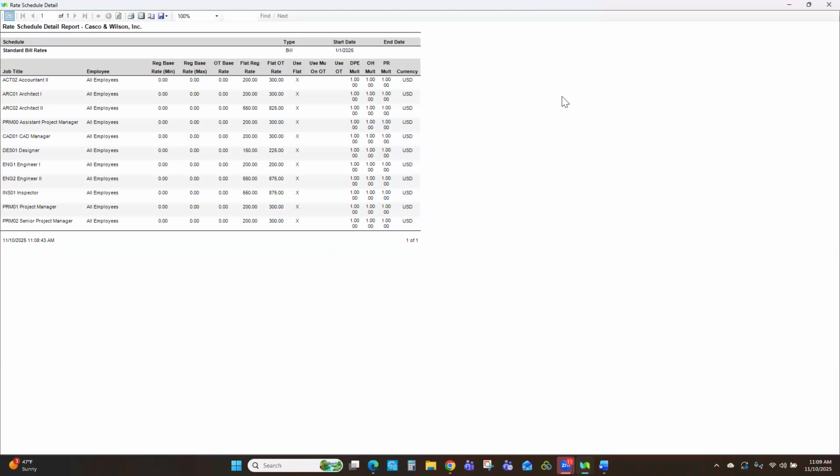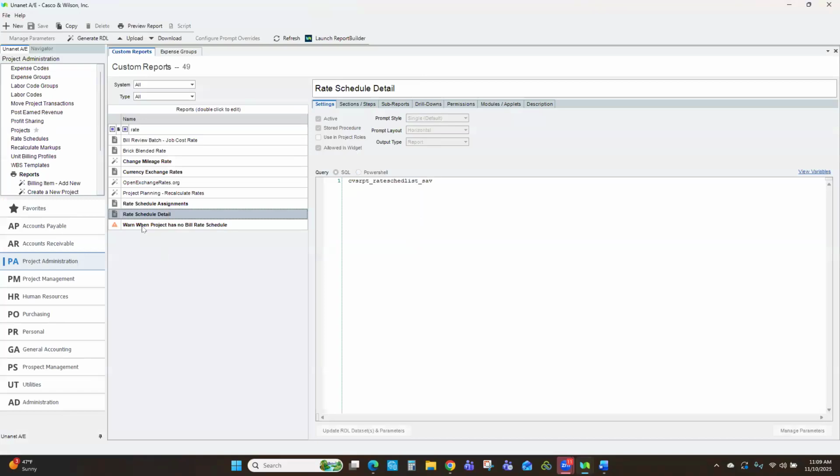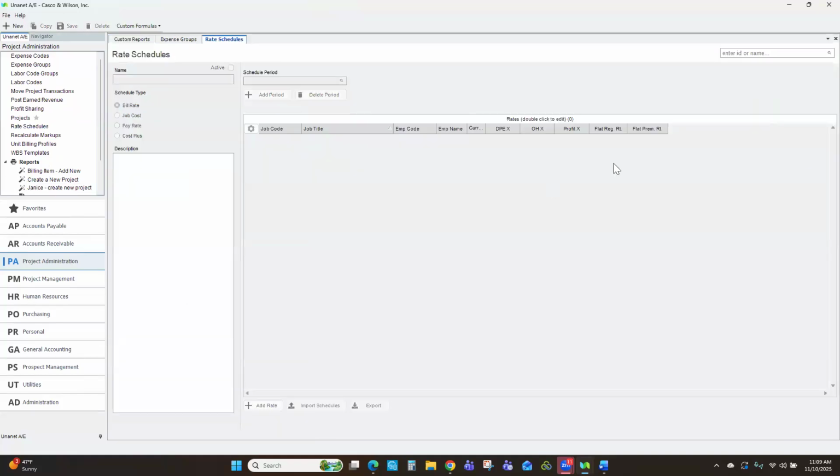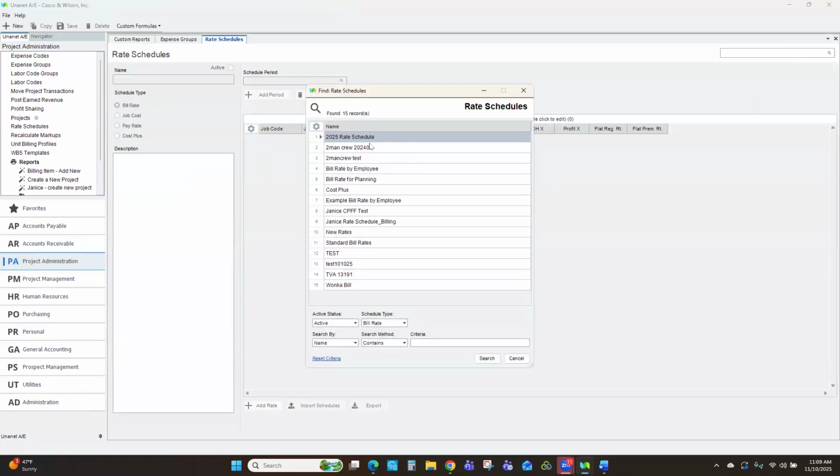So with that, I can now go look at the rate schedules that I need to and make those adjustments. So we're going to look at tweaking this standard bill rate schedule that's currently set with 2025 rates and add a 2026 rate to it. So I'm going to close this report, but those are just two key reports I like to start with before I start this process. So under project administration again, I'm headed off to rate schedules,